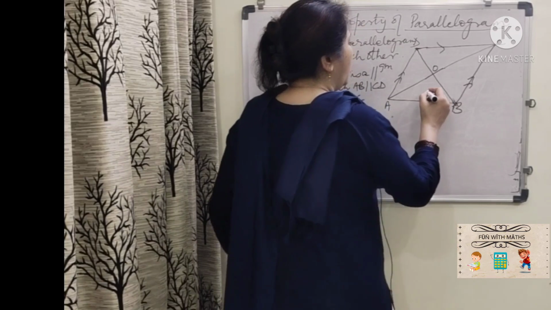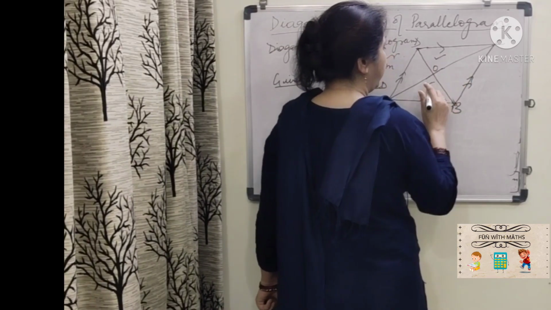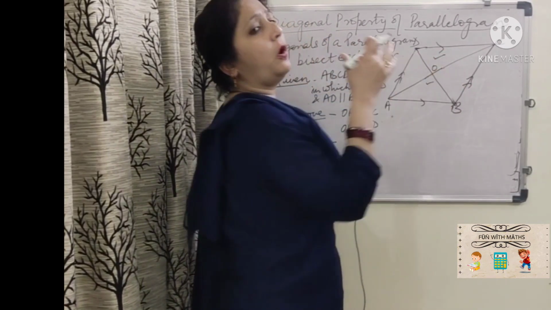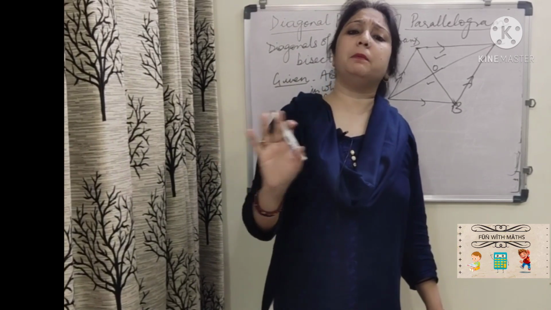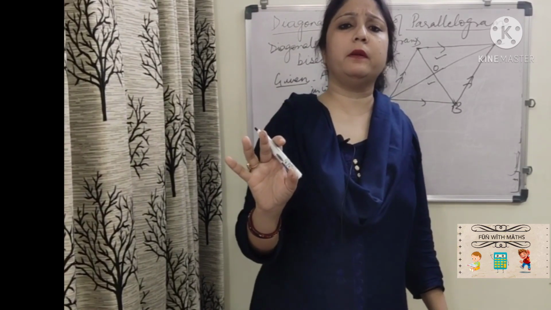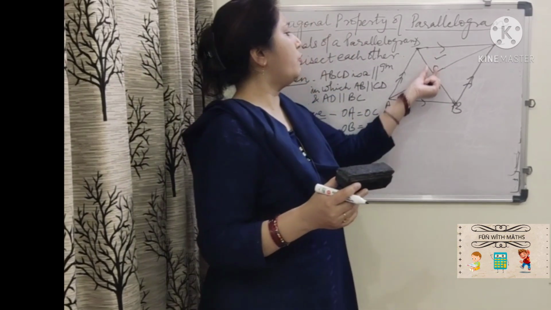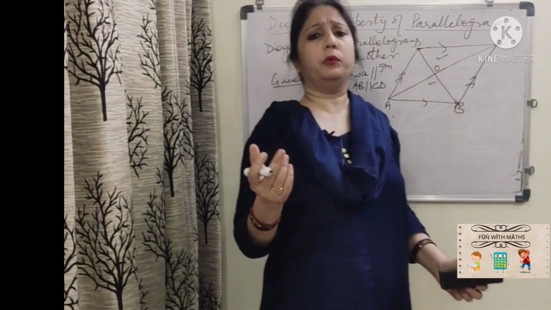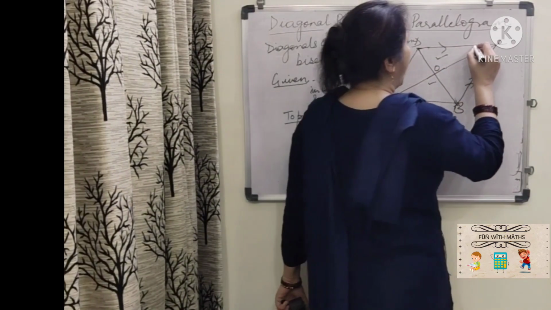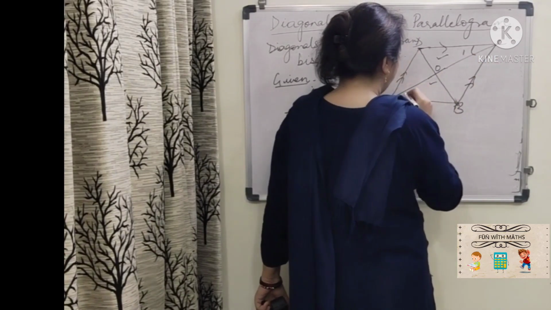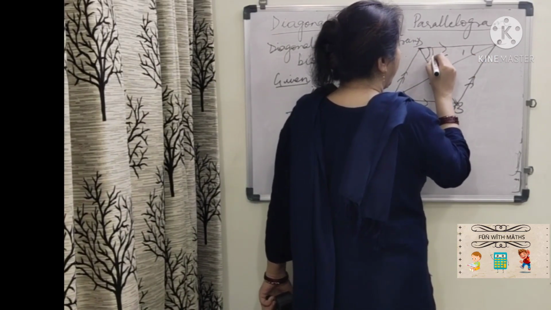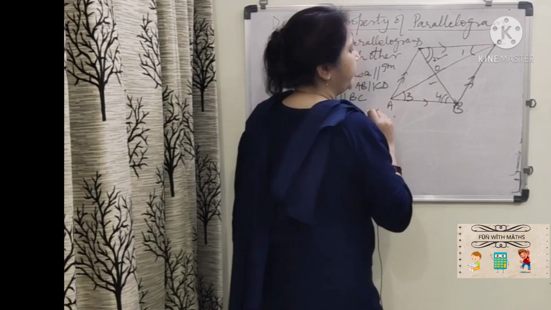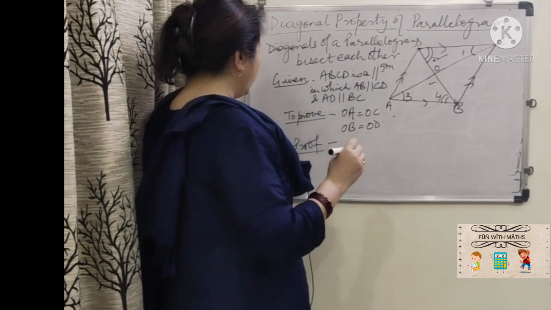Now we will take two vertically opposite triangles. Either you can take this one or you can take this one. Choice is yours. You are free. In mathematics, no one bounds you for anything. If I say you take two vertically opposite triangles, you may take this pair, you may take this pair. It is up to you. Now, first of all, we mark, as we have already studied, that these angles are alternate interior angles. So, they are equal. Fine. So, let's start proving.